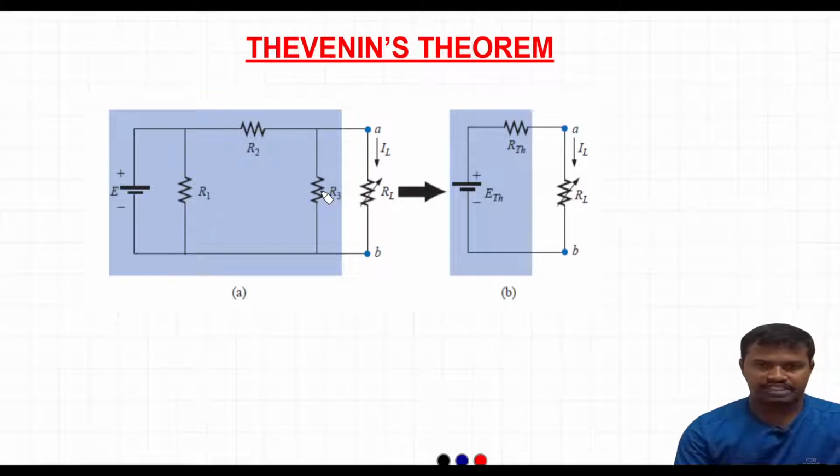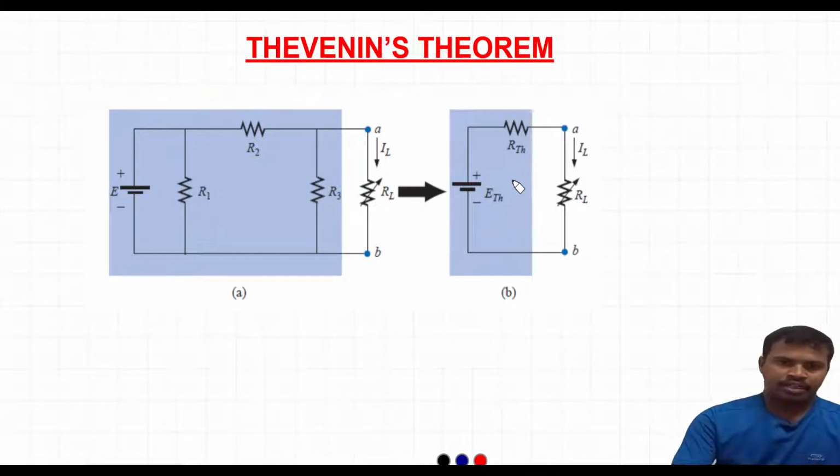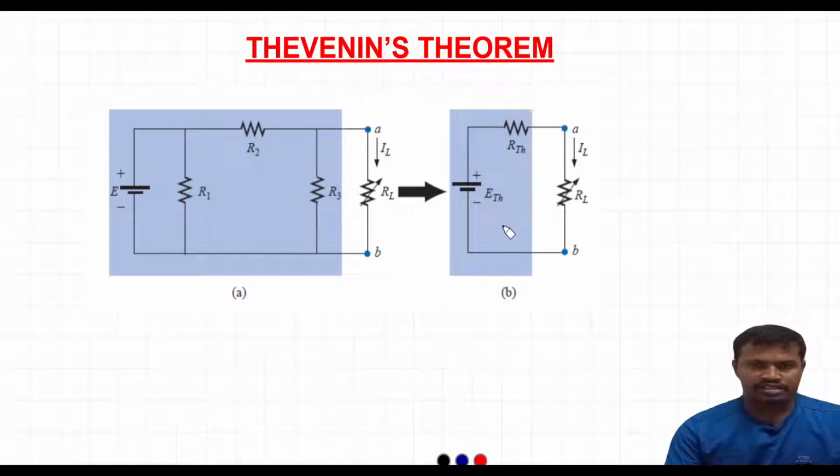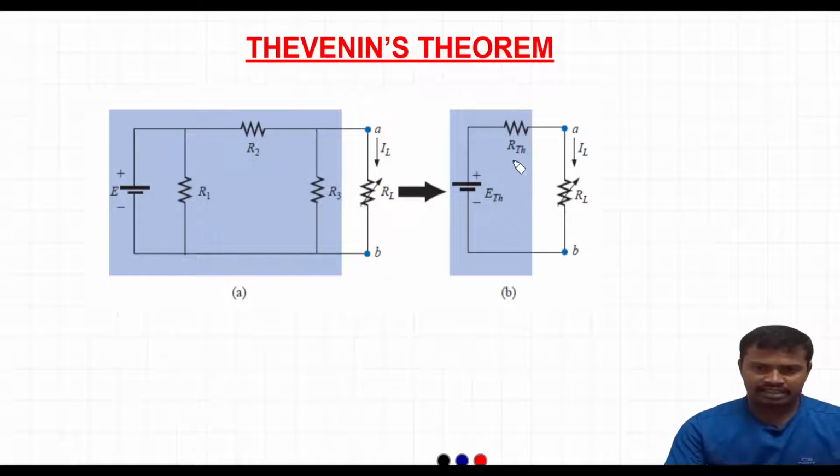In this video, we will see about Thevenin's Theorem. Thevenin's Theorem was first invented by a French telegraph engineer, Leon Charles Thevenin. This theorem states that any two-terminal bilateral linear DC network can be converted into a voltage source in series with a resistor. Now the voltage is the open circuit voltage at the terminals and the resistance is the equivalent resistance of the